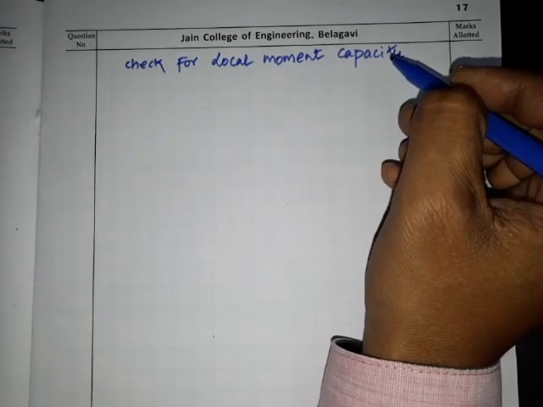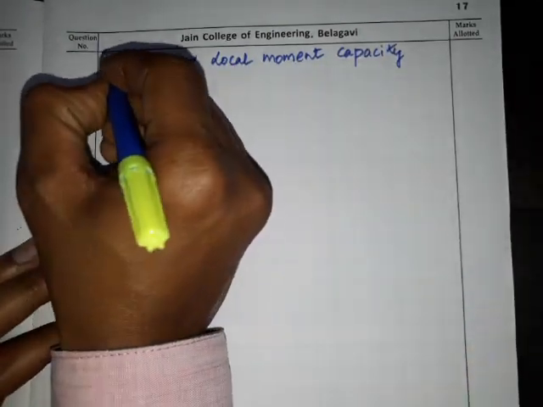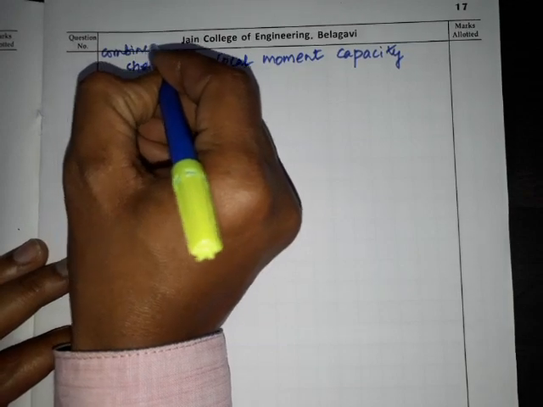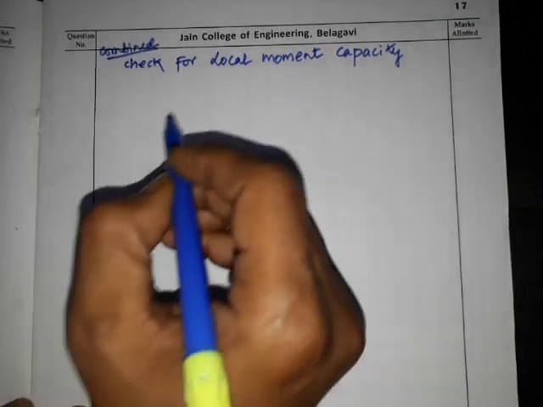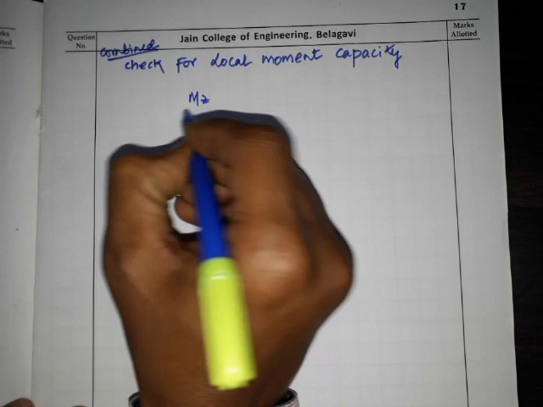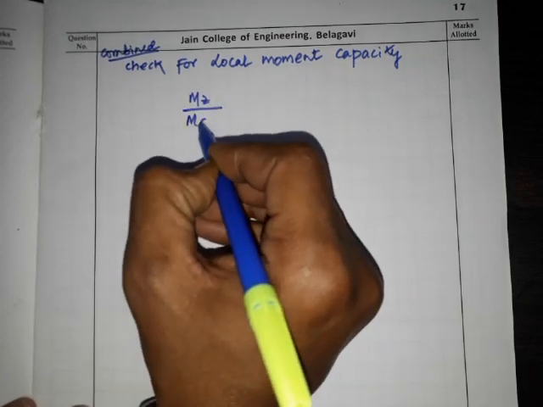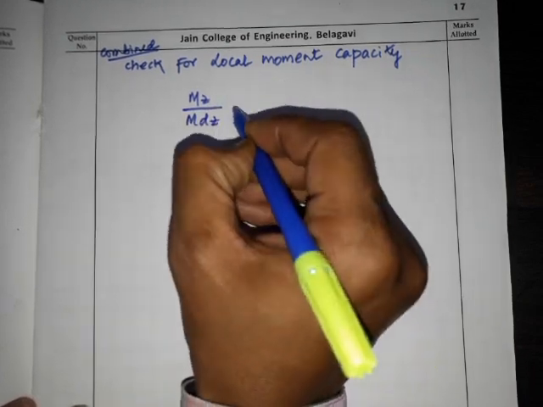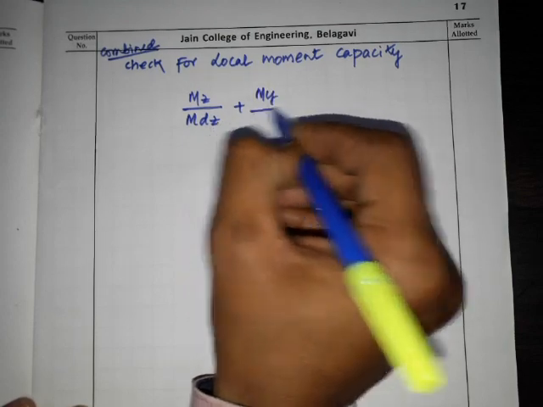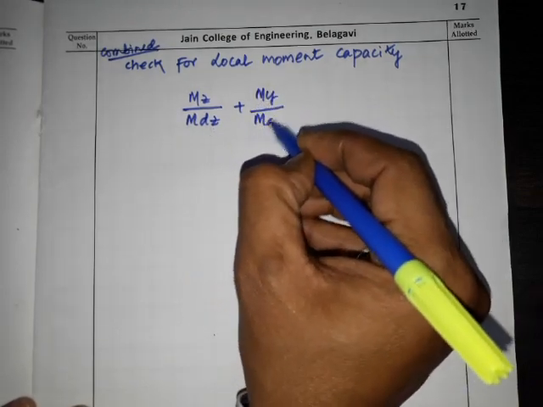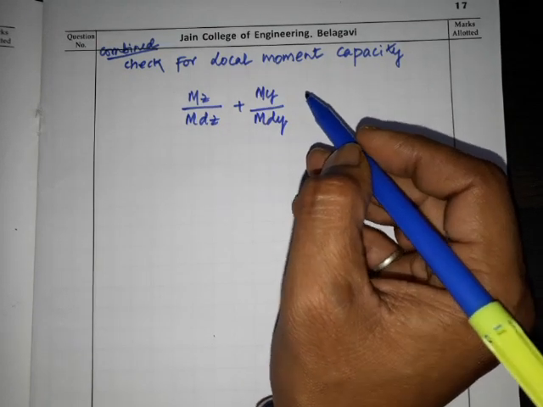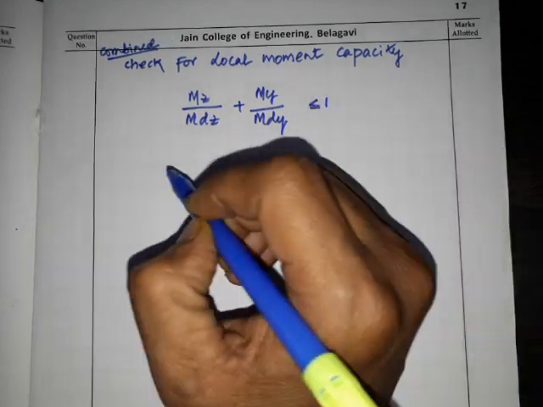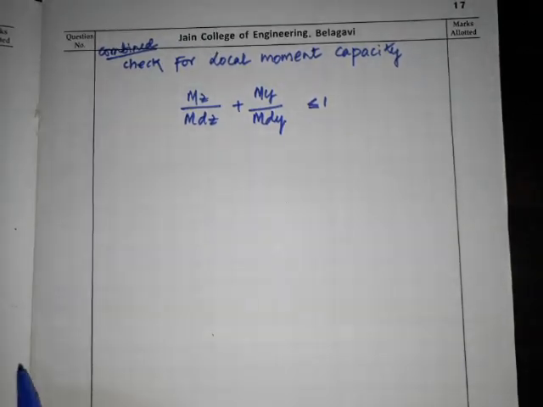Check for combined, check for local moment capacity, which is given by Mz divided by Mdz plus My divided by Mdy, less than or equal to 1, where